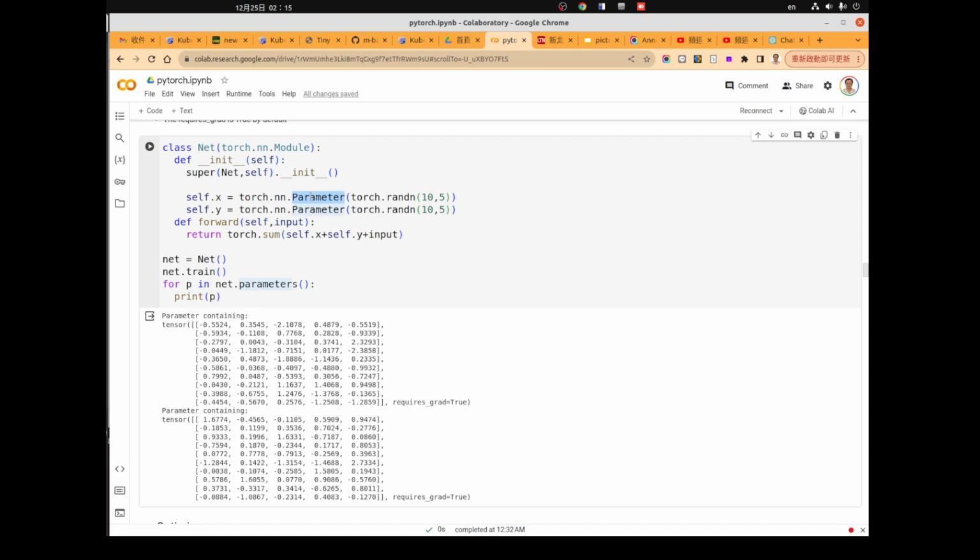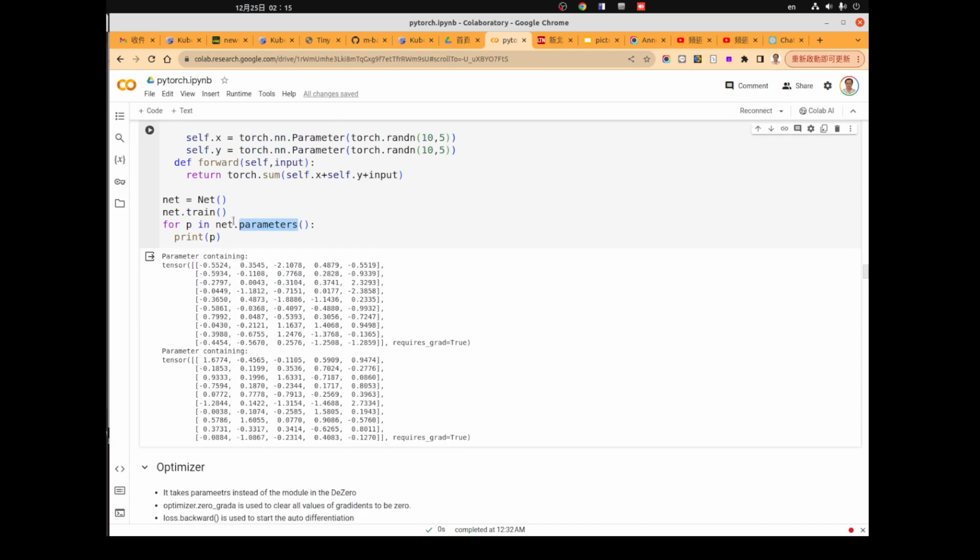If those parameters are assigned to some attribute of the module, the module will recognize that x contains parameters, and the parameters function will return all the parameters which have been assigned to attributes of the module. In this way we can get all the parameters by using a for loop.